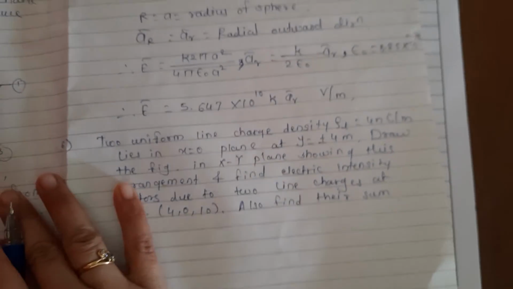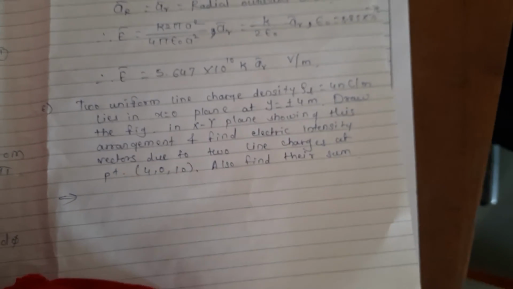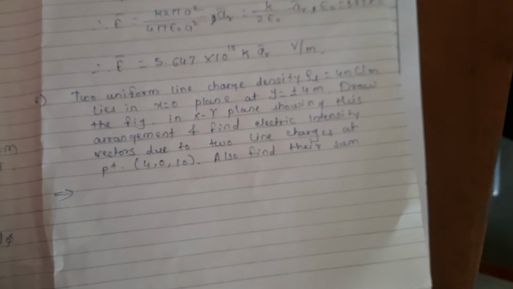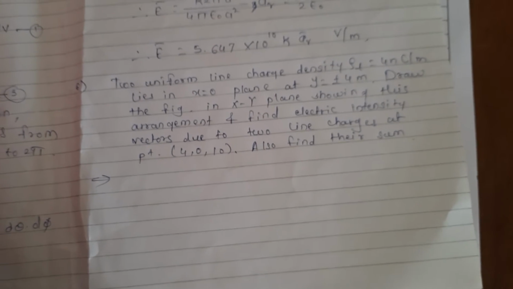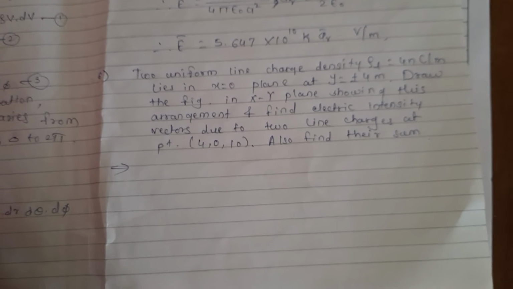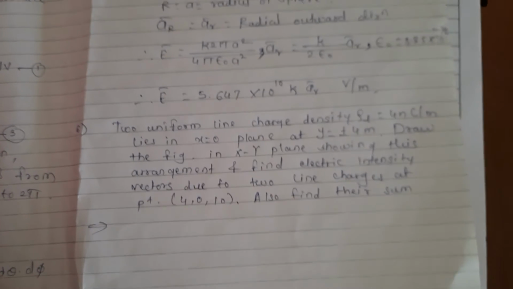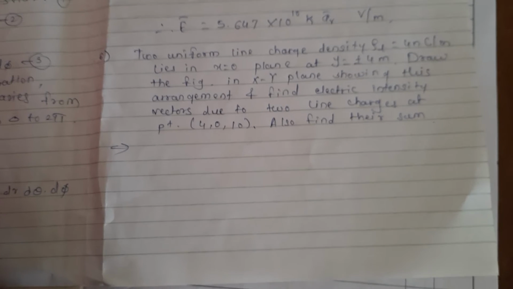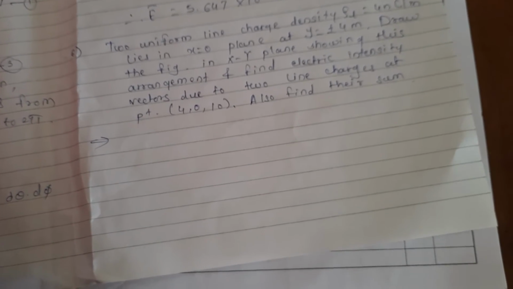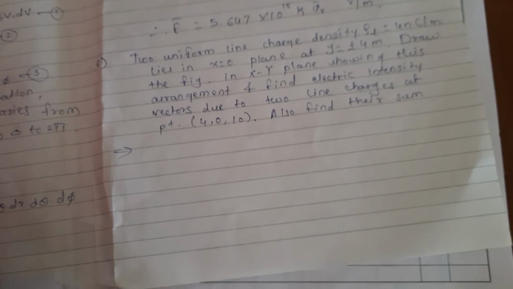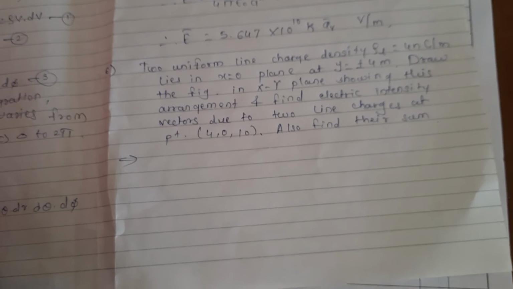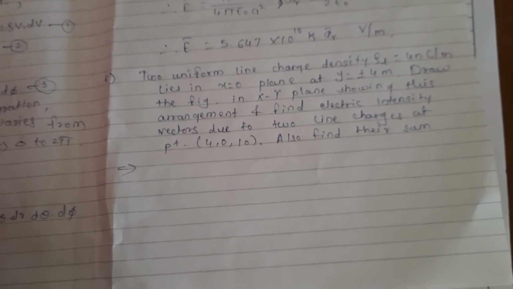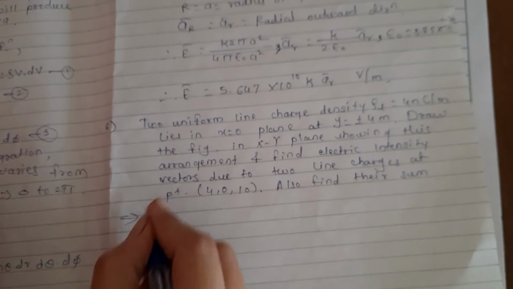So there are basically 4 steps. Step 1 is locate the given two line charge densities. Step 2 is draw perpendicular from point P to the given line charge and find the point of intersection P bar. Step 3, draw the vectors R1 bar and R2 bar from the point of intersection to the point P, and calculate the values of AR1 bar and AR2 bar. Step 4, calculate E1 bar and E2 bar at point P, and the resultant E bar is E1 bar plus E2 bar. So first we draw the diagram.